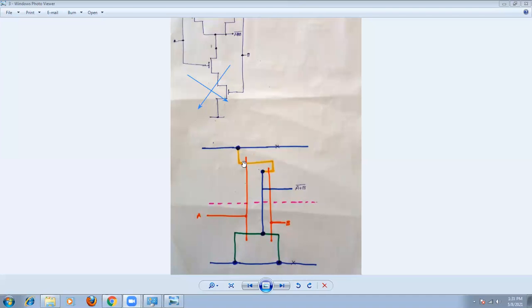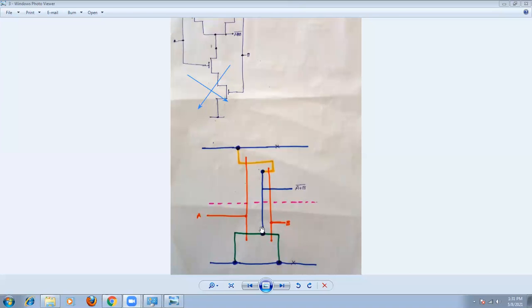This is source up to this one. This is the drain. This is the gate. This is the drain terminal, and this is the gate terminal. This is the drain, and this is source. So these two will be joined together, and then we join these two points by using layers like this. So the transistor will form here. The drain of this transistor and the drain of this transistor will be joined together by using a metal.